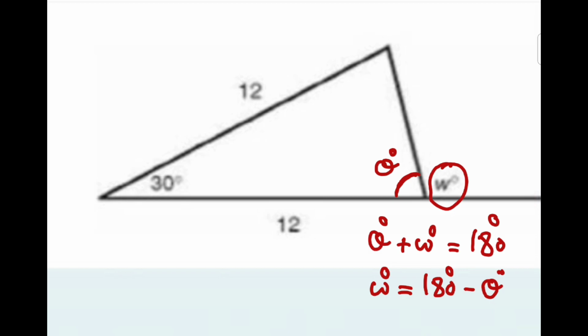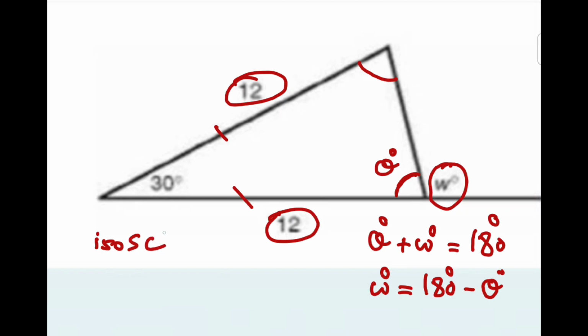How do I find theta? So let's look at this triangle. Theta is part of a triangle. We know that because this is 12 and this is 12, so these sides are equal, so this triangle is called an isosceles triangle. And what we know about the isosceles triangle is that the base